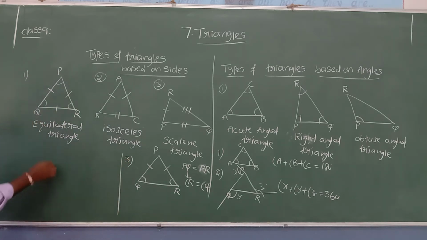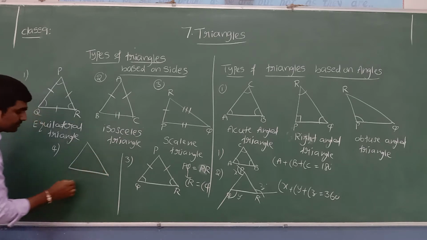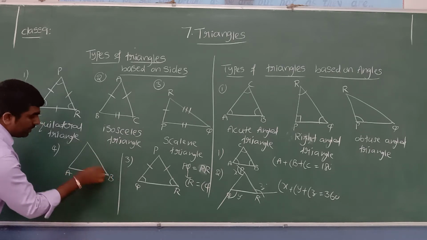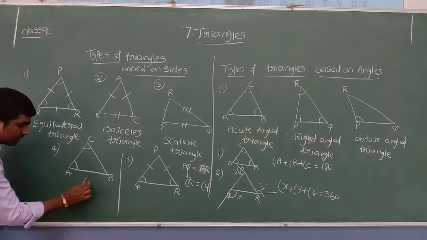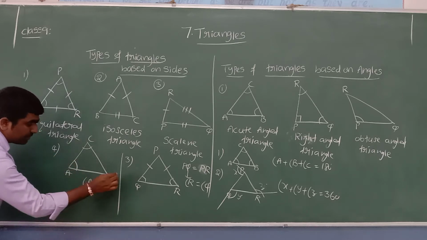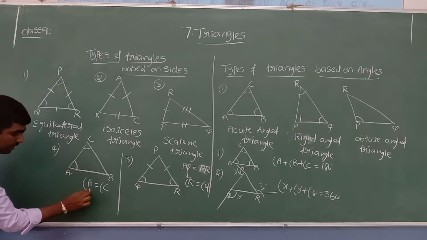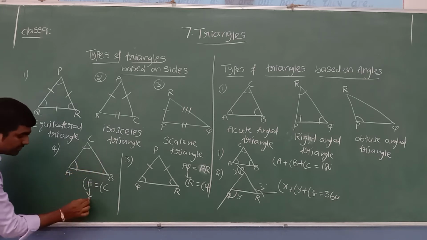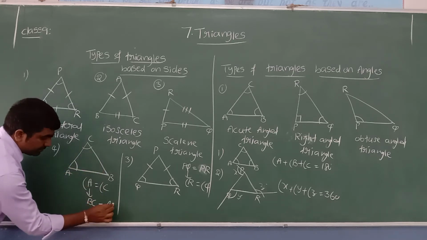And we learned one more property. Let me take one triangle and write A, B, C. Suppose angle C is equal to angle A, so two angles are equal. If two angles are equal, their opposite sides are equal. What is the opposite side of angle A? BC. The opposite side of angle C? AB. So opposite angle A we see BC, and opposite angle C we see AB.